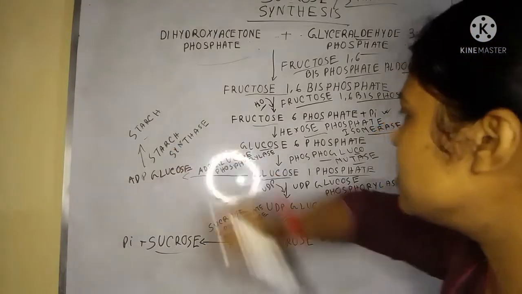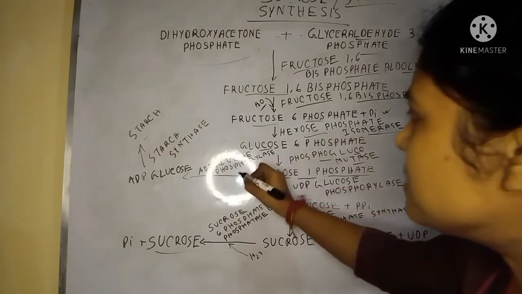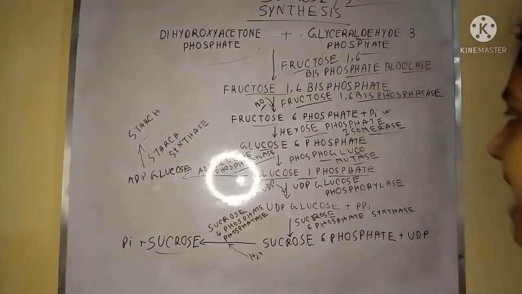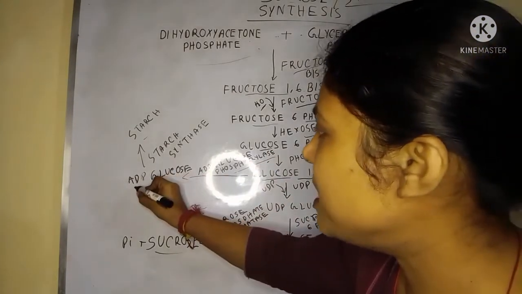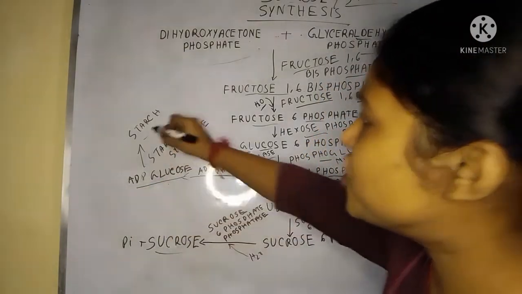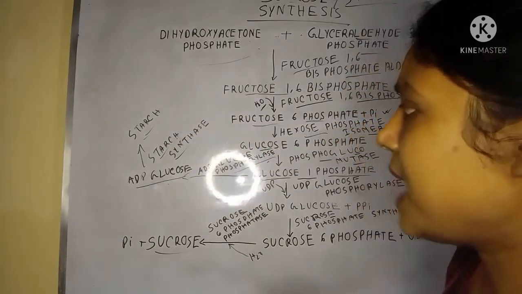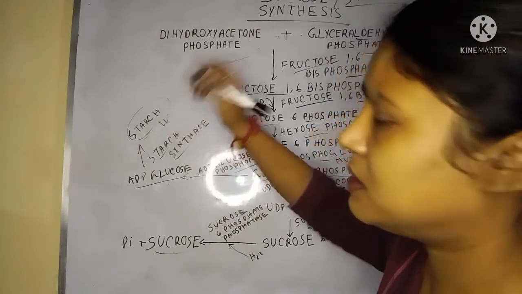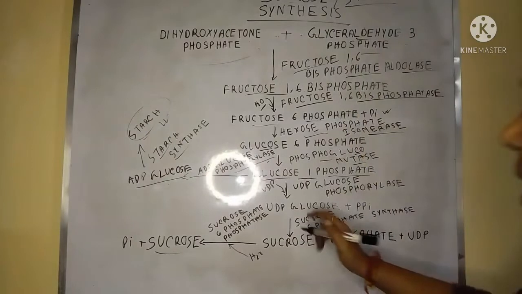So how is the starch formed? When glucose 1-phosphate is formed, in the presence of the enzyme ADP glucose phosphorylase, it transforms into ADP glucose. And this ADP glucose changes to starch due to the presence of starch synthase. This is the formation of starch, one way in which glucose is stored in the plant body. In another way,